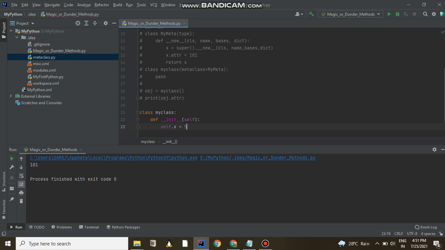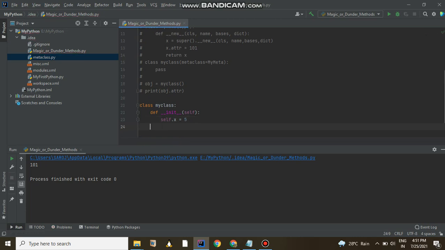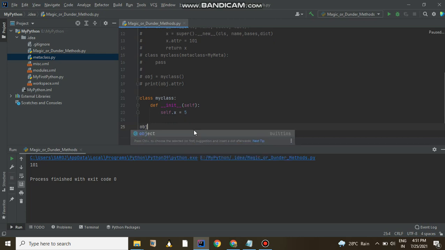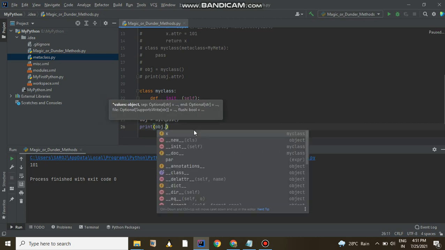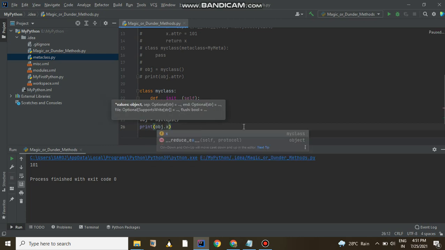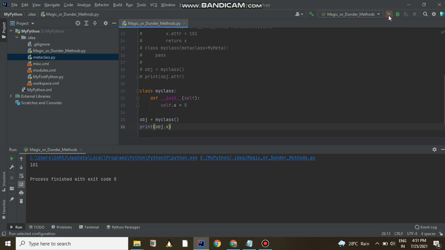Then let me create an object of it: object is equal to MyClass. To access this value, I use object.x. If I execute it, you can see I am getting 5.